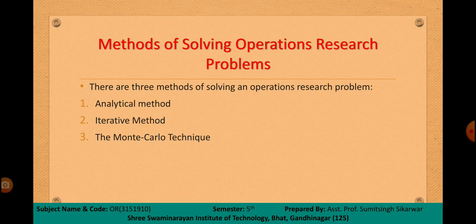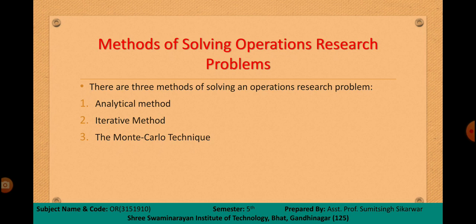Our next method is the iterative method, which is a trial and error method. When we have a large number of variables and we cannot use the classical method successfully, we use the iterative method. First, we set a trial solution and then go on changing the solution under a given set of conditions until no more modification is possible. So you can say that it is based on trial and error.